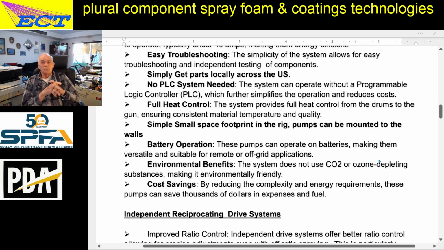The system does not use CO2 or ozone-depleting substances, making it environmentally friendly. Cost savings by reducing the complexity and energy requirements. These pumps can save thousands of dollars in expenses and fuel. Independent reciprocating drive systems: improved ratio control